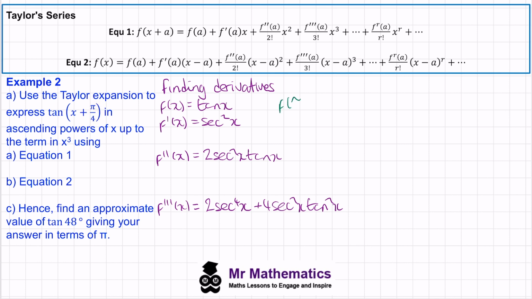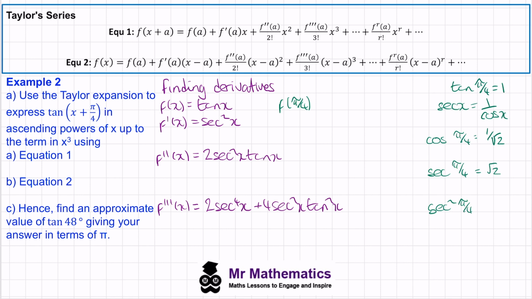So f of pi over 4. Well, we know tan of pi over 4 is 1. We know sec x is 1 over cos x. And cos of pi over 4 is 1 over root 2. So sec of pi over 4 will become root 2, and sec squared will become 2. So if we go back to our derivatives, we know f of pi over 4 then is